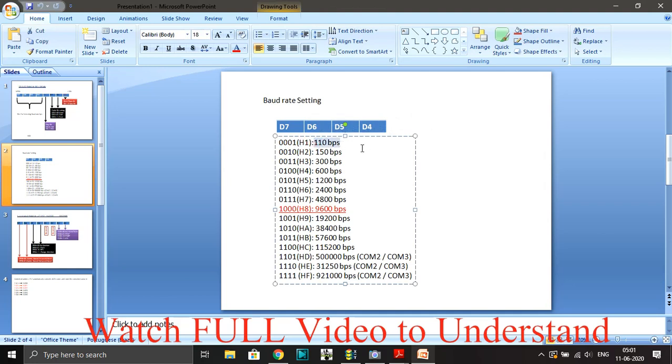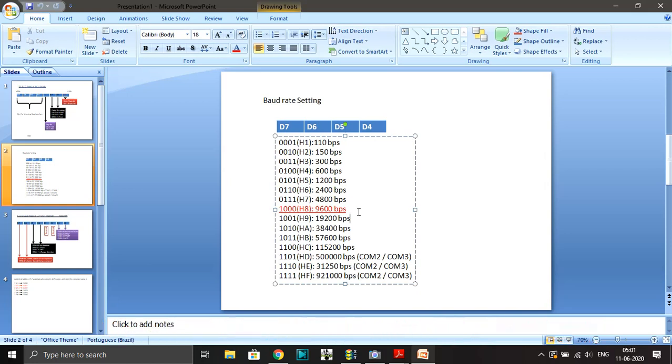This means 110 bps, 150 bps, 300 bps. In most PLC or high speed communication, we like to use these baud rates. But in today's communication we will use 9600 bps baud rate. For this, the binary code is 10000 and the hexacode is 8. So this baud rate we are going to use.